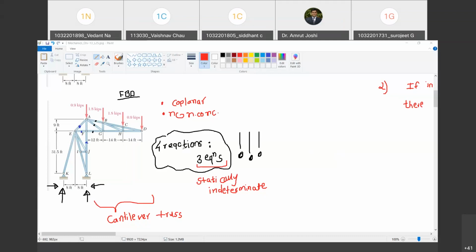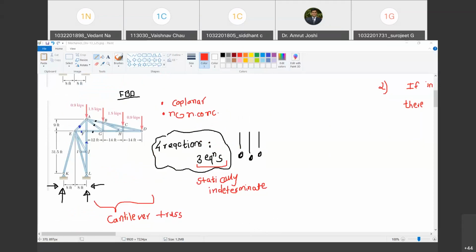So we have 4 reactions and only 3 equations, so we cannot solve for the reactions. How do we go ahead? Now we will look at the type of truss. You will understand that this is a roof truss, shown by triangle AFD. Do you agree with me? Yes, sir. And this portion is called the overhanging portion. There is no support on the right hand side. Do you agree with me? Yes, sir. Such a portion is called overhanging. Such a truss is called an overhanging truss, or we simply call it a cantilever truss. Are you with me? Yes, sir.